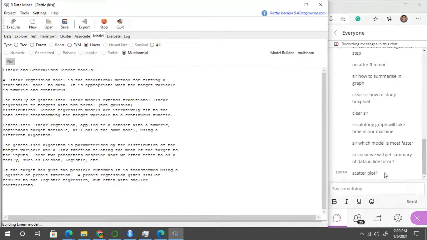Scatter plot means that all the data points are scattered. You have to define some colors for those data points, and they have to cluster with the same colors. Let's suppose one data point has a blue color and another has a yellow color.